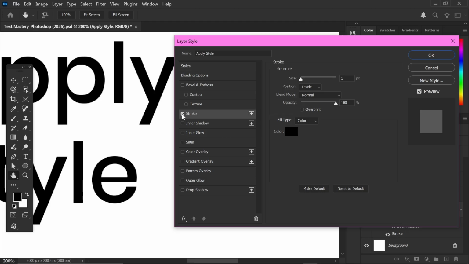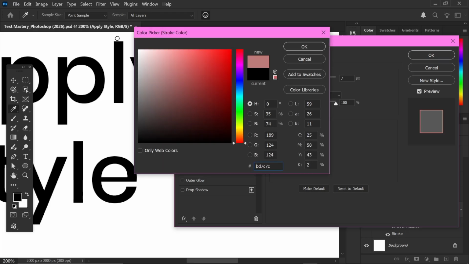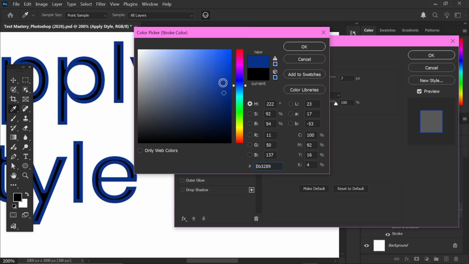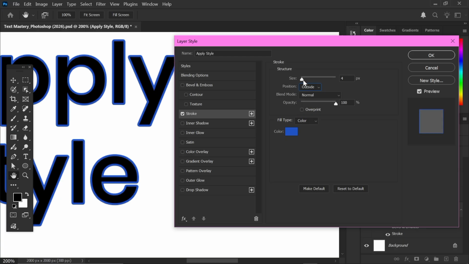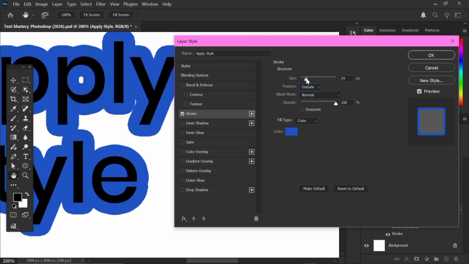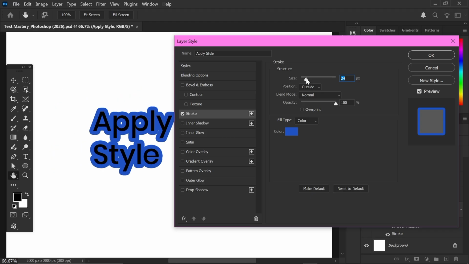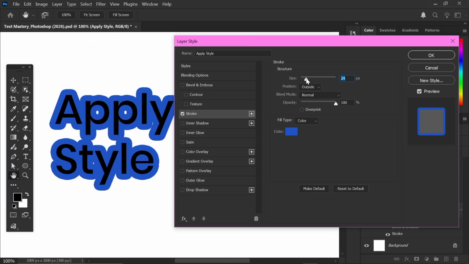The next one is the stroke, and I know most of us do know about stroke. First, let me change the color and give it something like this blue. As you can see, there is a stroke wrapping right around our text. You can bring down the value, and then you can also increase it. So this one is from the inside. You can make it from the outside, increase the entire stroke, stuff like that, and then have another different